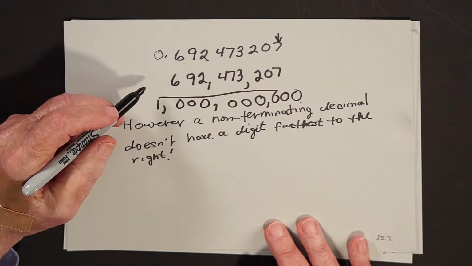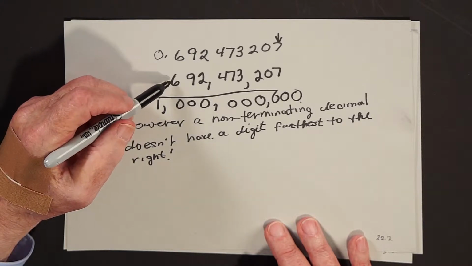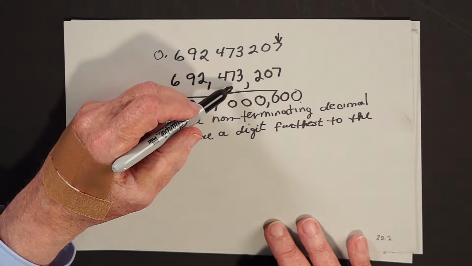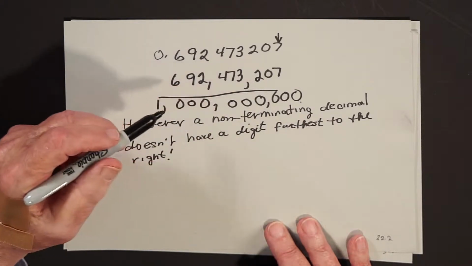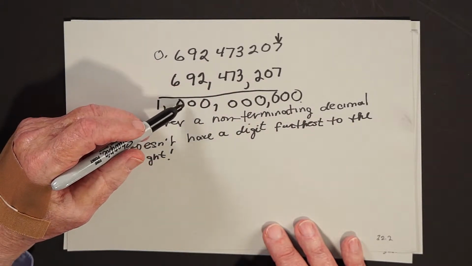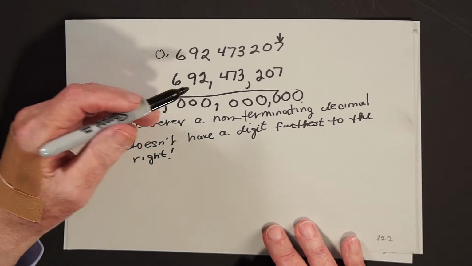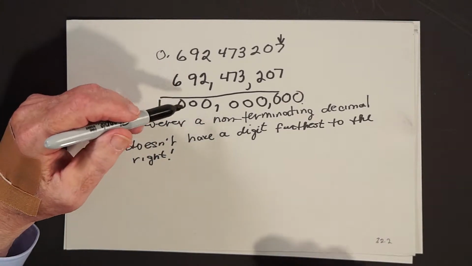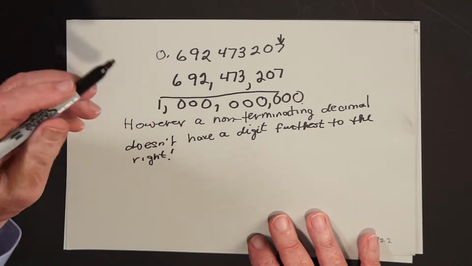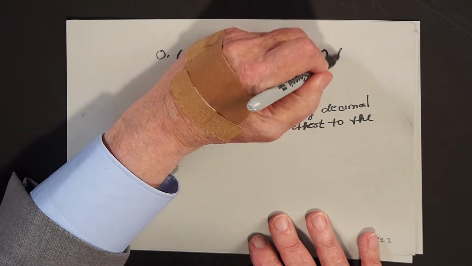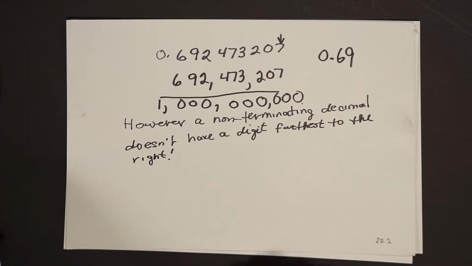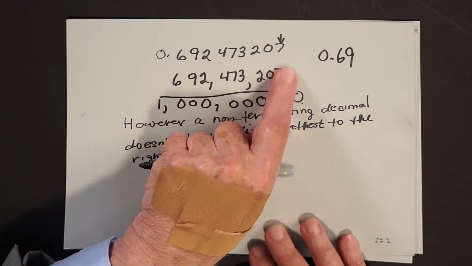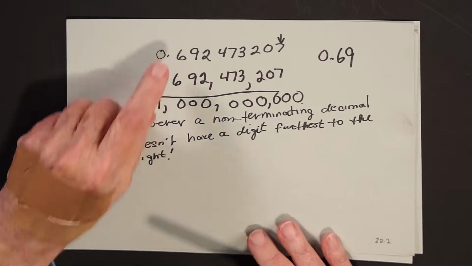Okay, and so the answer would be what? 692,473,207 over 1 billion. Very nasty looking fraction, but it's still a fraction. And again, in terms of our practice problem of last time, in the real world, we might say, hey, it's close enough to round this off to 0.69. But at any rate, you see, as long as there's a last digit, all we have to do is pretend